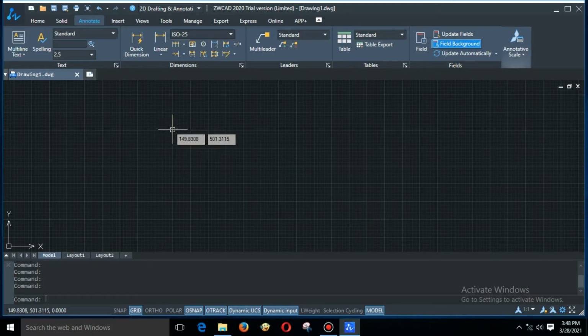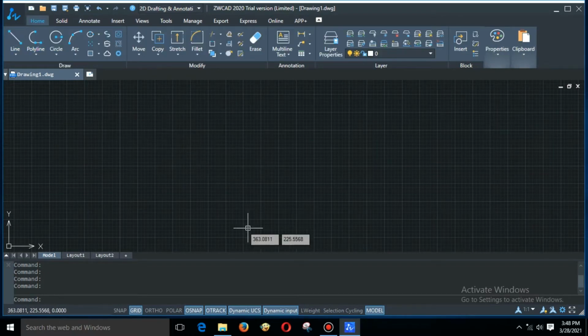We are going to learn about drawing lines and shapes and everything related to that in AutoCAD. This is a different software though. This is ZWCAD. I don't have the AutoCAD software right now, but basically AutoCAD is just another software company making a CAD software. CAD is basically computer aided design. CAD is one thing, and AutoCAD and ZWCAD are different, yet they are the same thing. They are just two different companies making the same product. Anyways,